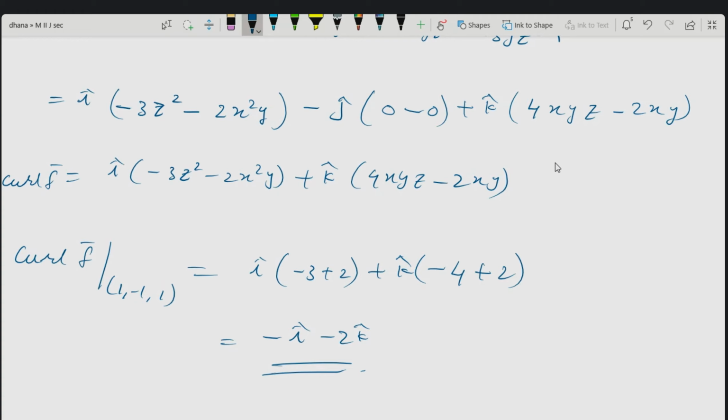So we'll solve a few more problems in the next class, and then we'll move to the operators, a few more operators which involve this del operator itself again. This del operator, and then you have vector identities. With that, this unit, the fourth unit, will also be done. Okay, so that's it for today. If you have any doubts, you can ask. Otherwise, I'll take the attendance. Any doubts?